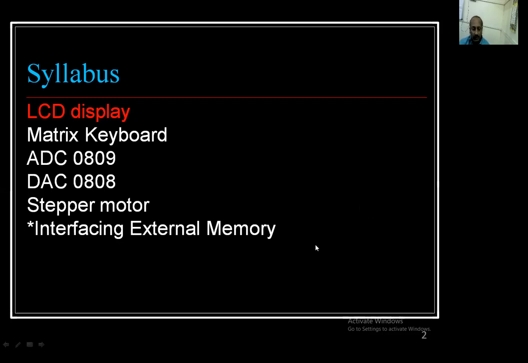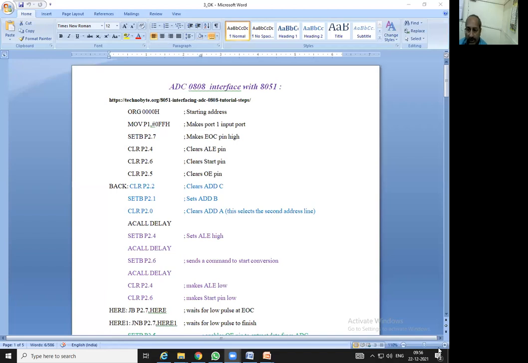So in that, I want to share with you. Okay, you might be able to see now, this is what we are going to see today, that is how to interface. For that we have already gone through the code, but once again as a demo today we are going to learn. So we should know which port is being used, how it is being used, and which lines are connected where.